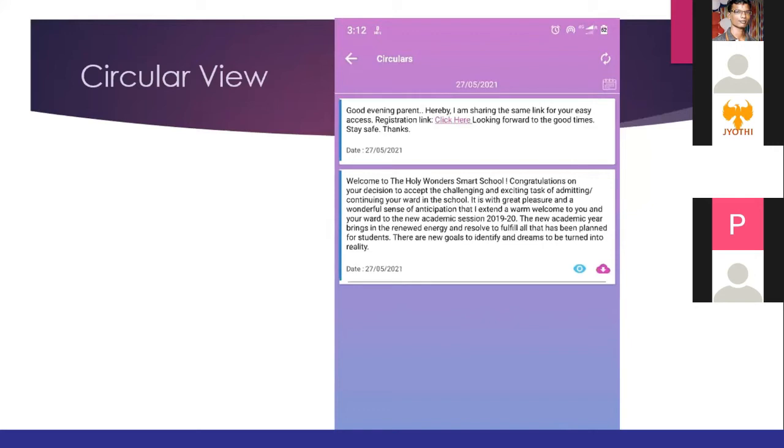Or say in the lockdown period, we are taking online classes. If you want to share any video, we can upload it to Google Drive, take a link, and give it through the circular. That way we don't need to worry about whether our school content will be accessed by third-party people. We don't need to worry because we are sharing this link through the circular. Only parents can click and view. Even parents can't copy the link. Okay.